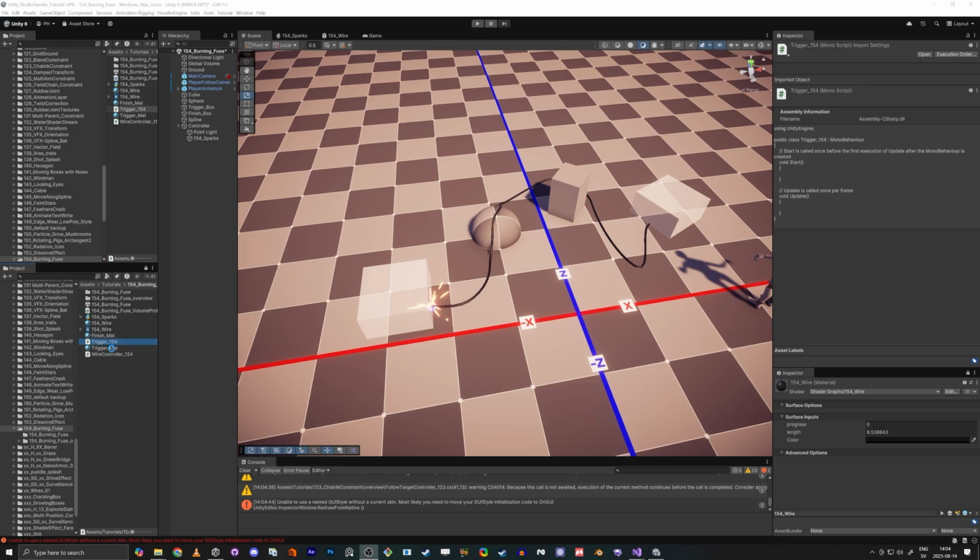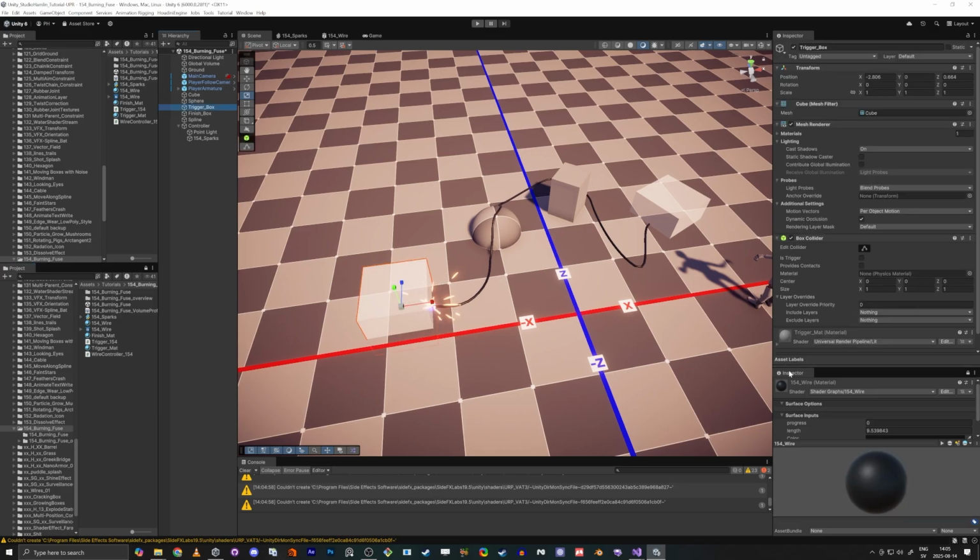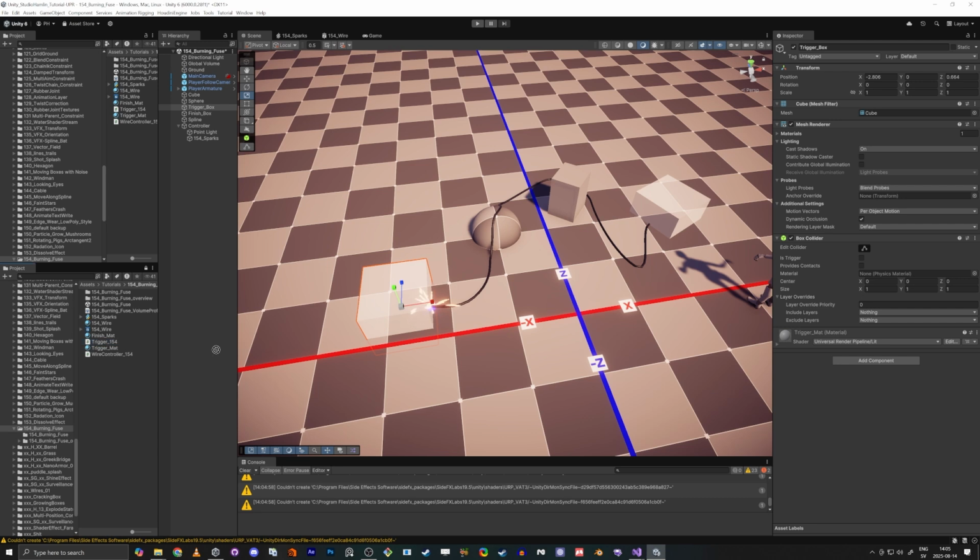So now we just take this trigger and let it compile. All right, okay. So we have this trigger game object here. Now we just add this trigger script here. And if we open up this one,